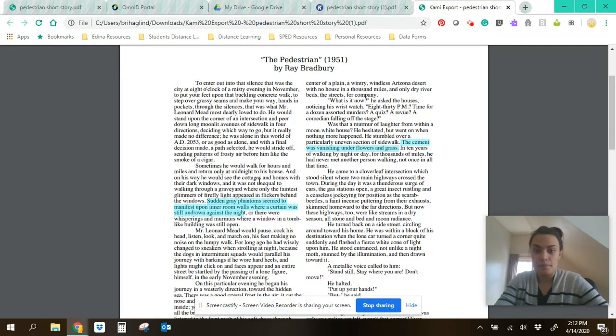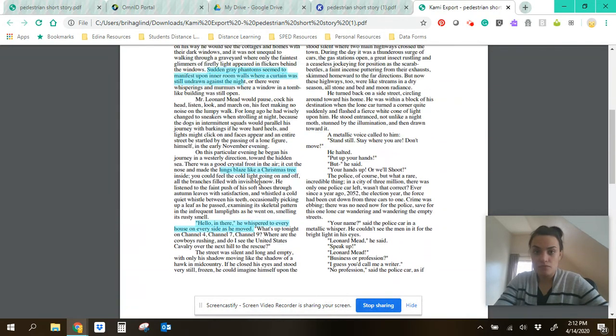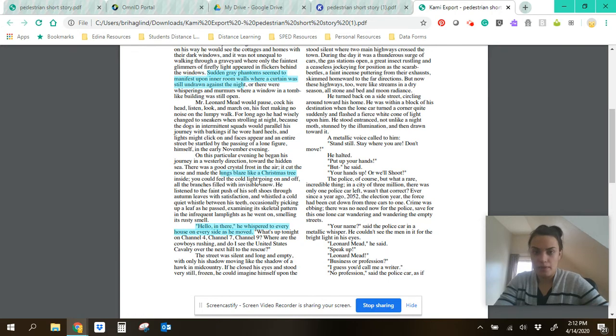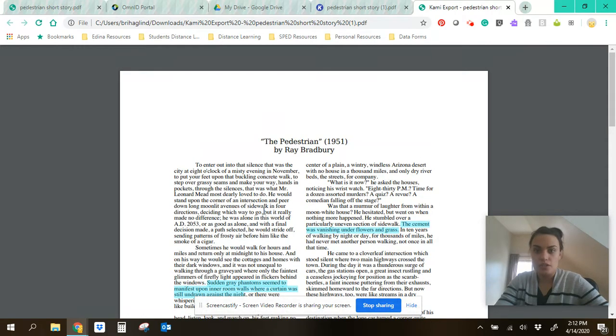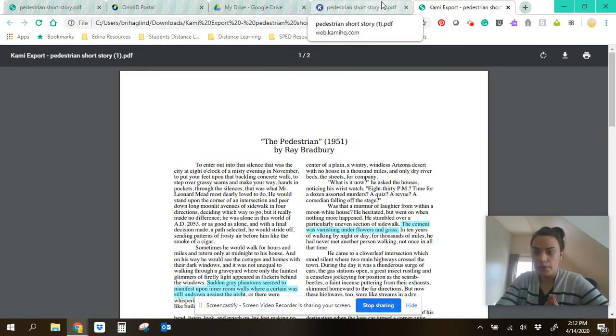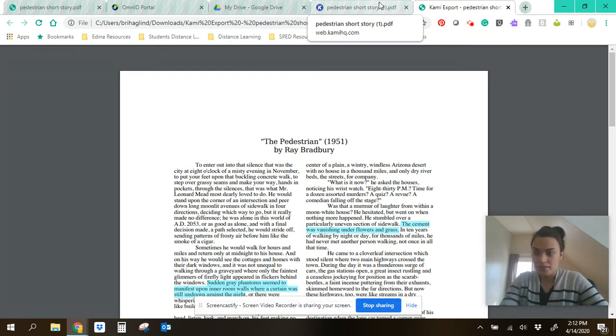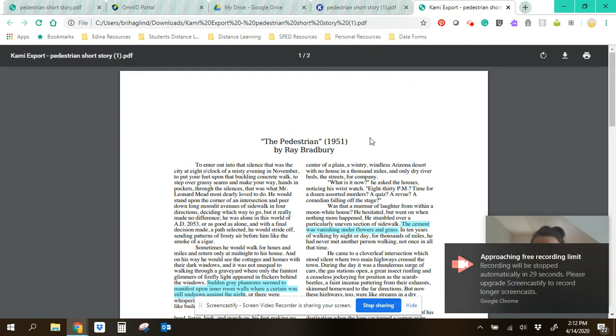the author is using good language to paint a picture in your mind, so offering imagery to you. So that's going to be your assignment for today, and then we will have another lesson explaining